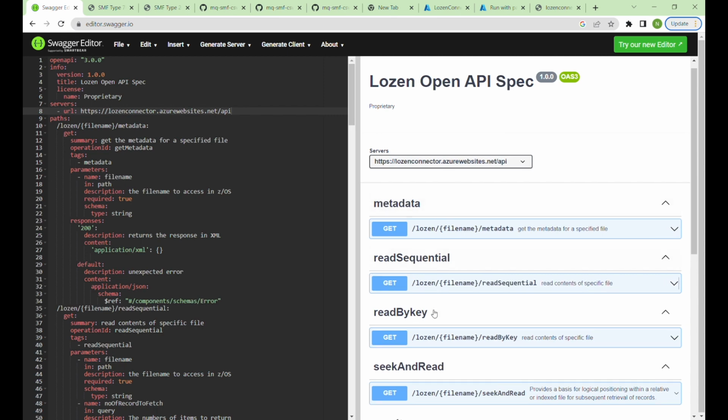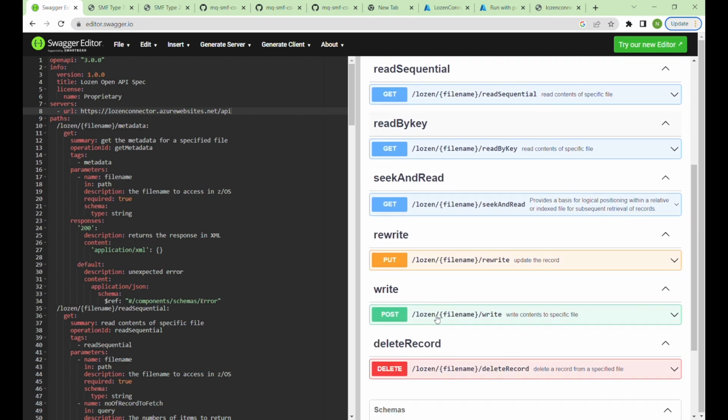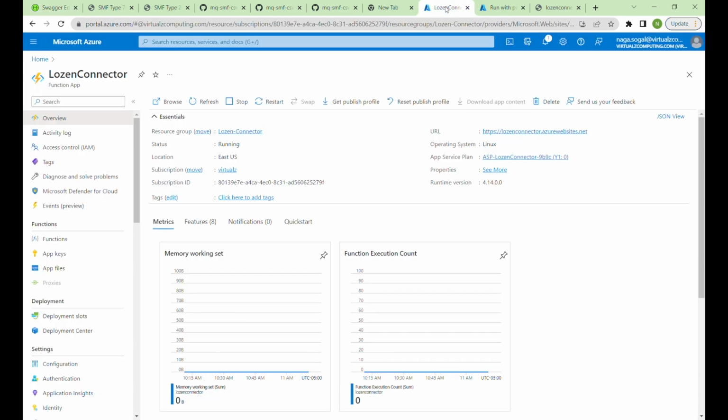Lozen maps the full IBM Z system VSAM semantics onto a simple RESTful API. As you can see here, we provide retrieval of file metadata as well as sequential and key-based operations mapped to the available HTTP verbs. Now let's take a look at how we can use the Lozen OpenAPI custom connector in